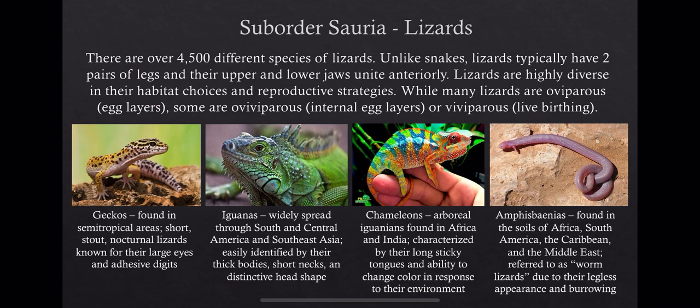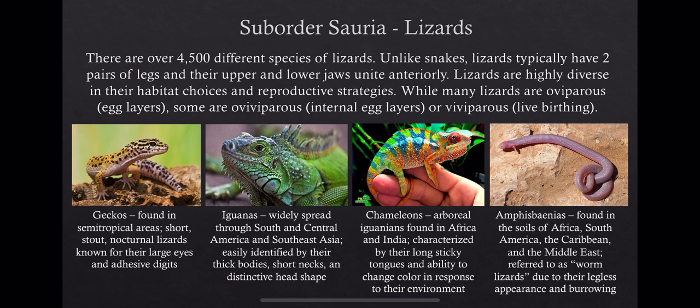If you're like me, the first thing you looked at was that crazy little guy on the right. That is the amphisbaenians, and they are called worm lizards. They are legless for the most part. You can see they have some vestigial legs up at the top that are too small to even really touch the ground. So they really serve no purpose. They look very worm-like. They are burrowing, and I had never really even seen, I think, one of those until